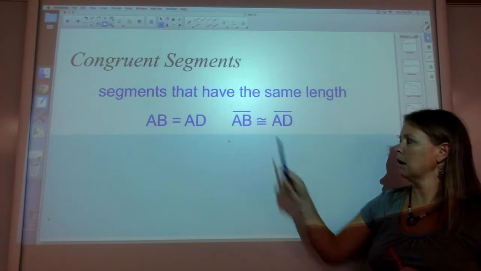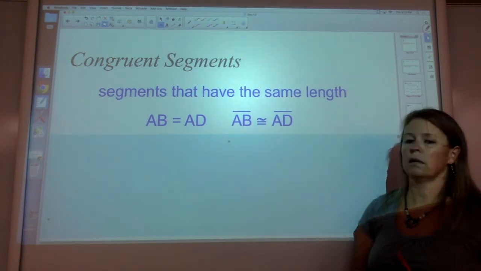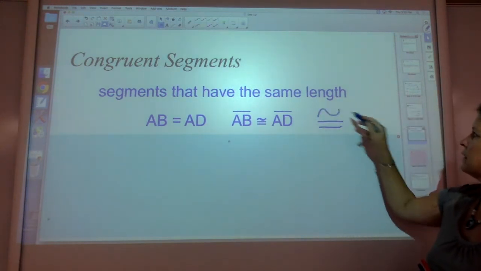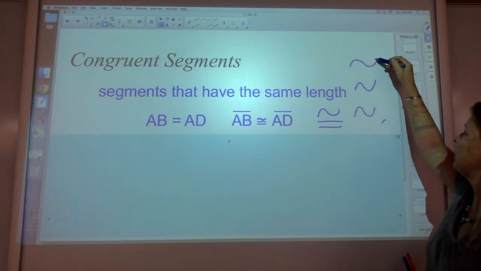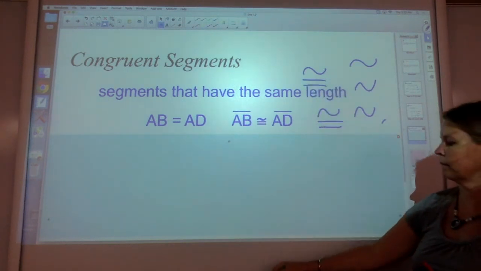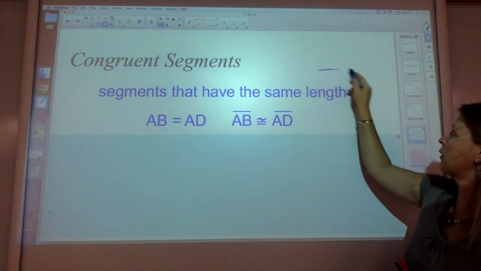And this is what a congruent bar looks like. It's an equals sign with a fun little squiggle over the top of it. Work on that, practice it, make about 5 or 6 of these. It goes up, down, up, over the top of an equal sign. Maybe not the first couple times, but after that, I'm going to mark it wrong if you draw a